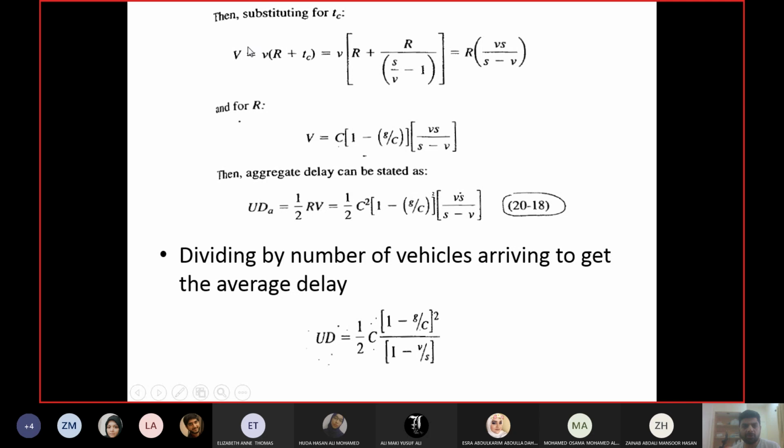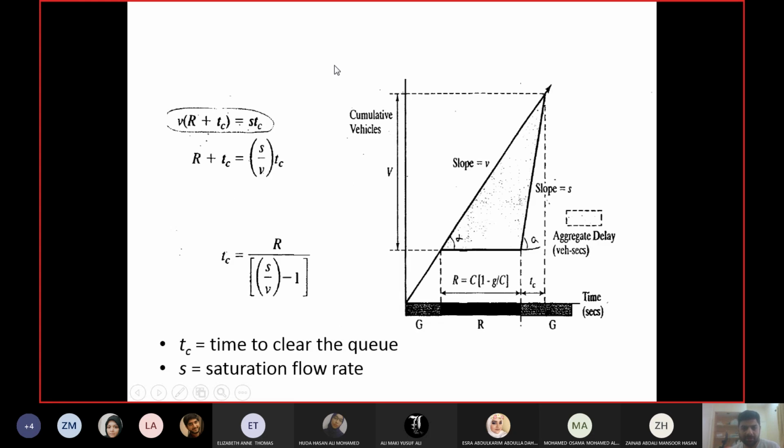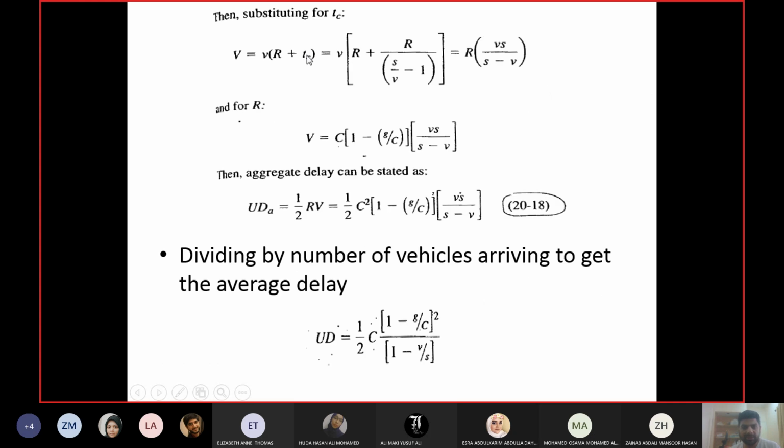Now we said number of vehicles in the queue from the arrival flow rate equals to this. In this equation, I have R here and I have TC here. So I will replace the value of TC, which I have derived here. So this equation is going here as a value of TC. When you put this equation here, first of all, you can multiply v with both the terms, and then you can take R as constant. So this is a simplified form of the equation. Open all the brackets, take R as constant, and then you will have this simplified equation. So this is the equation for calculating V.